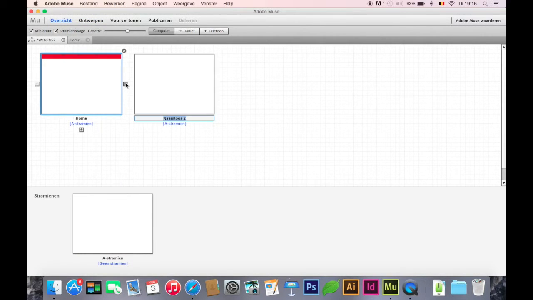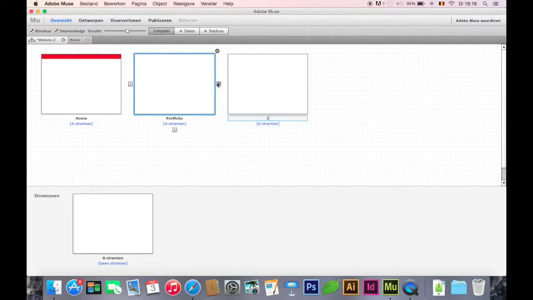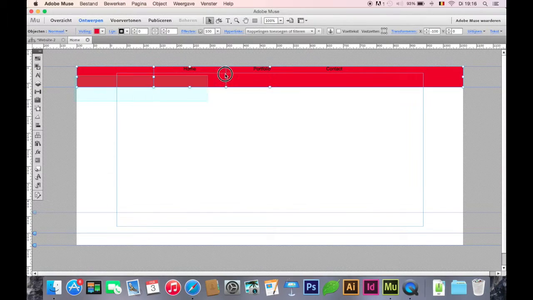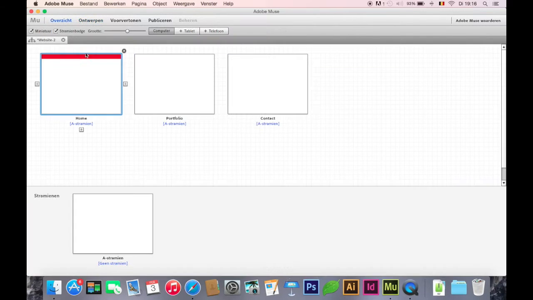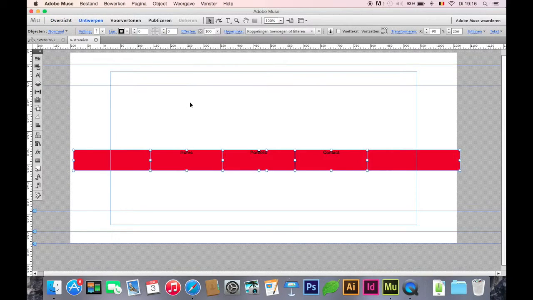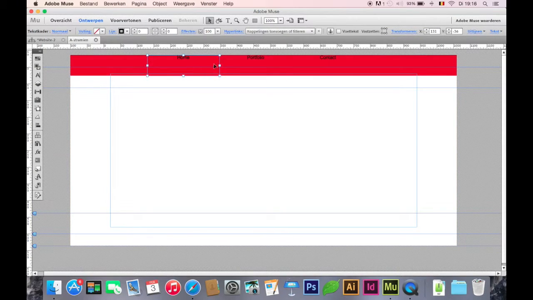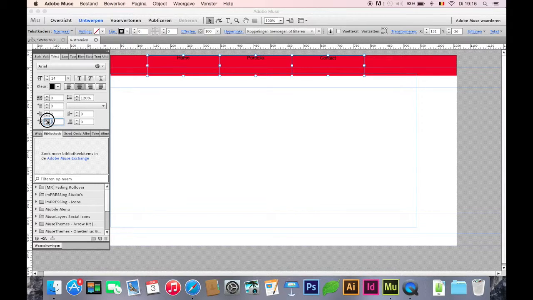And let's make these pages: portfolio and contact. Oh, maybe we should put this on the master page, because this has nothing to do with this page itself. So let's put this on the master page, like so, and then style these up a little bit more down,